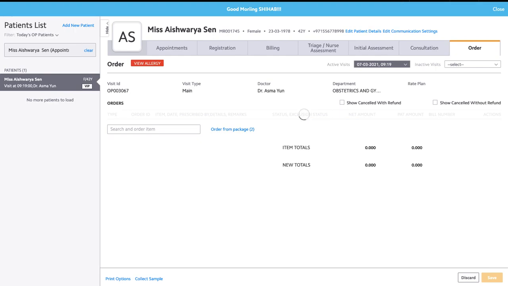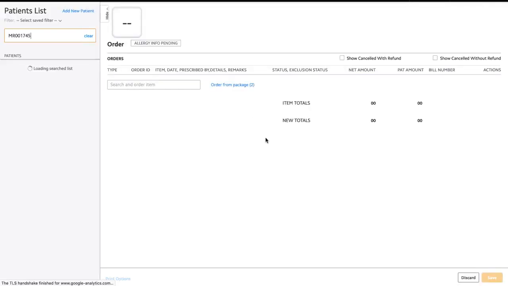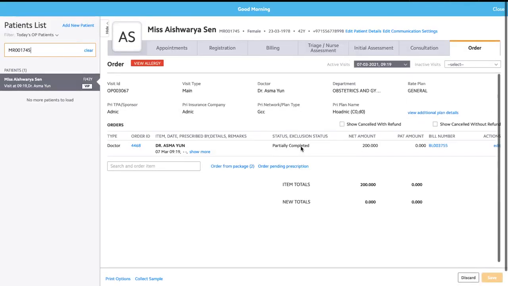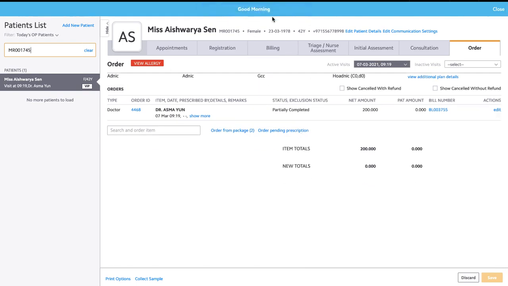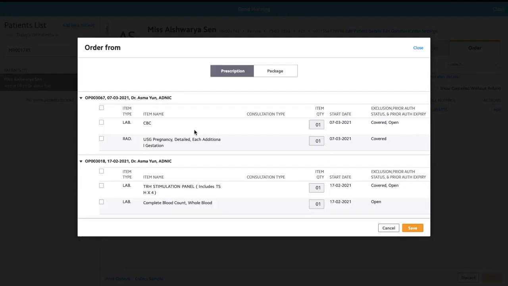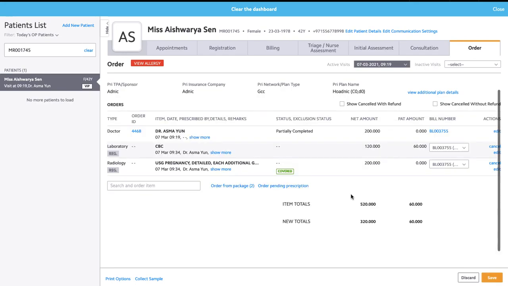All right, so you can see, we'll just refresh the screen. Here it says pending prescriptions available. Click on order pending prescriptions. You can see the services recommended by the doctor would be listed out here. Click on save, and all these items will be added to the order